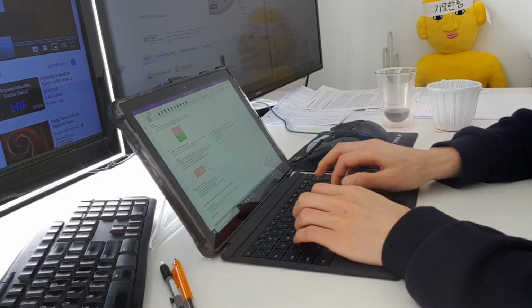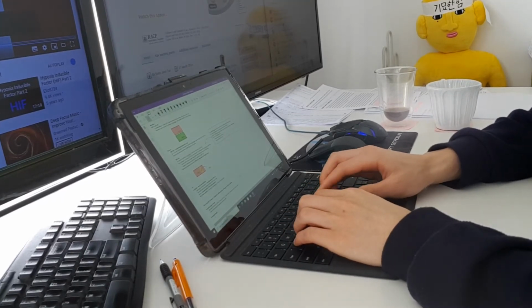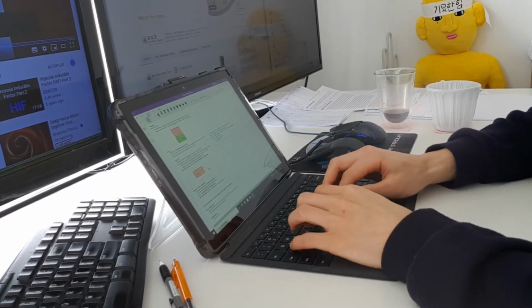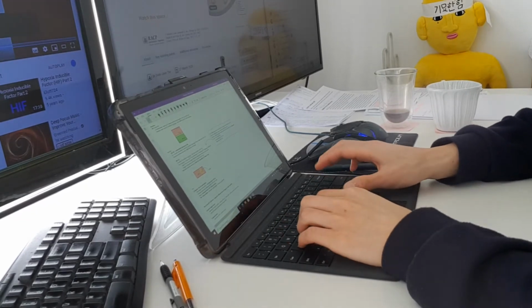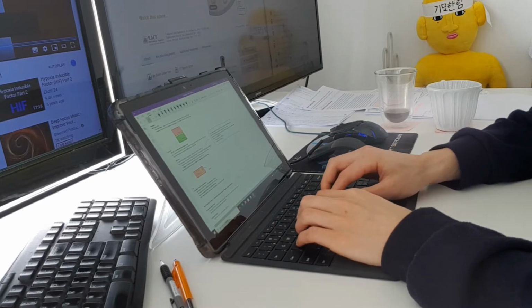Hypoxic levels, low levels of O2, cannot destroy HIF1 alpha,